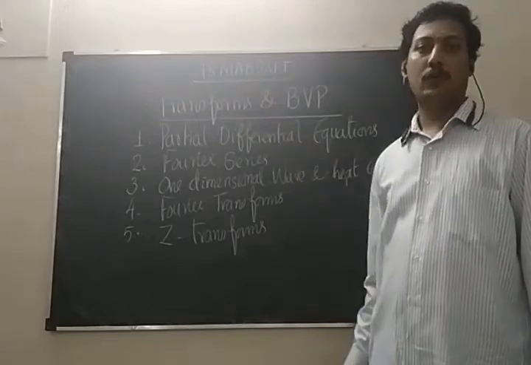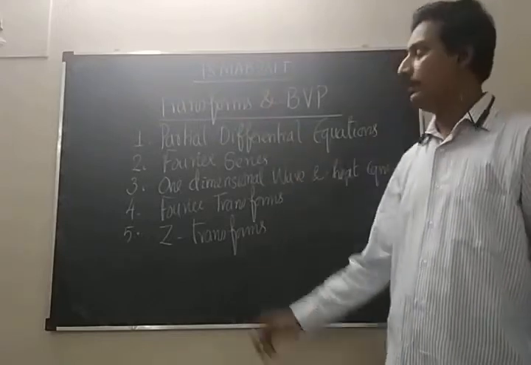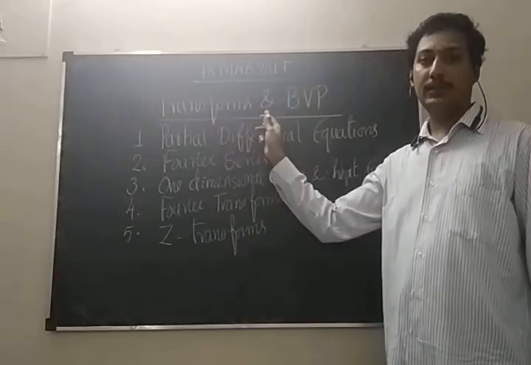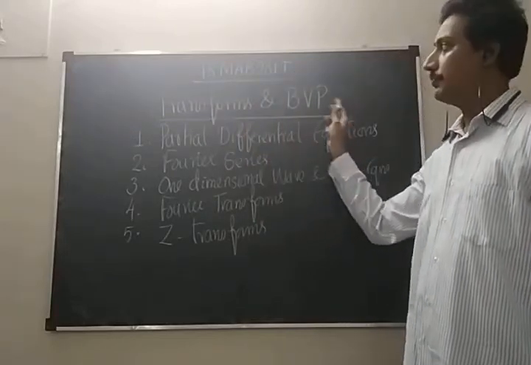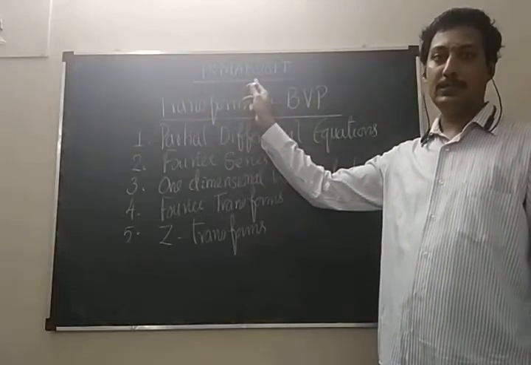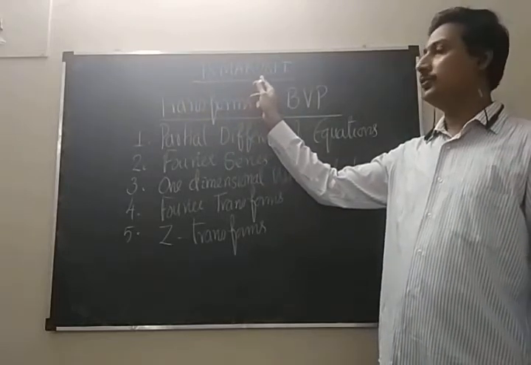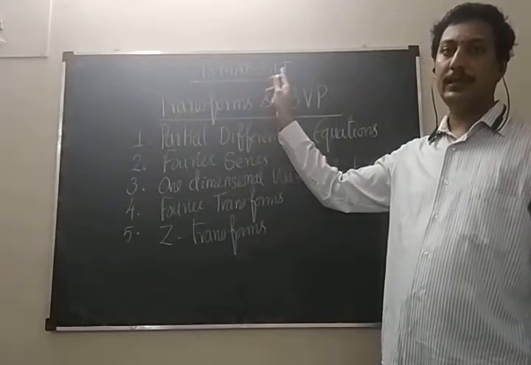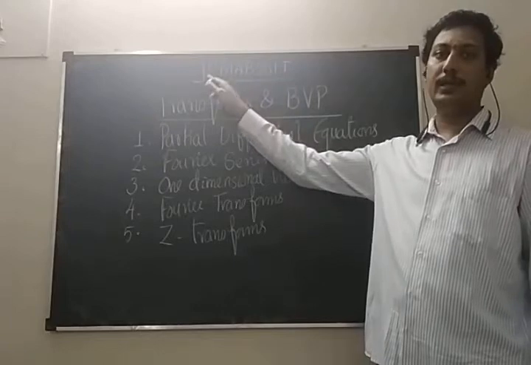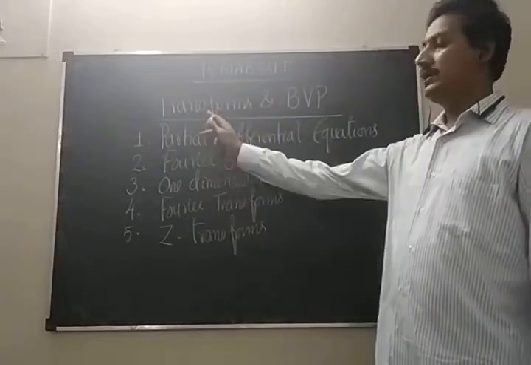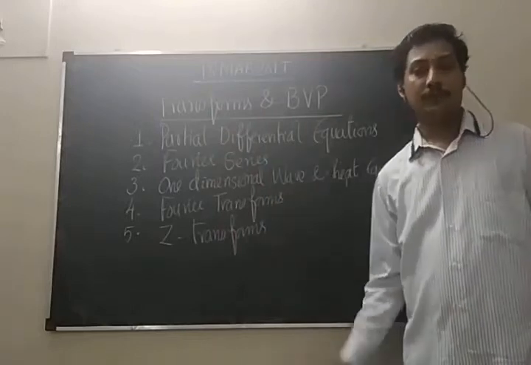This is our subject code 18 MAB 201T, transforms and boundary value problems. 18 regulation, MA stands for mathematics, B means basic sciences, 2 second year, 01 first mathematics, T for theory. So 18 MAB 201T, transforms and boundary value problems. So under this unit,